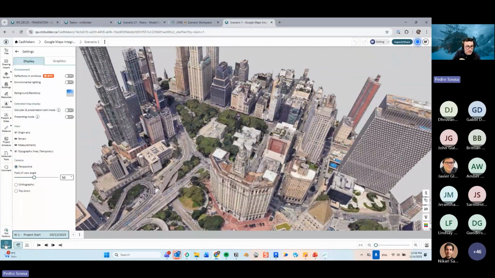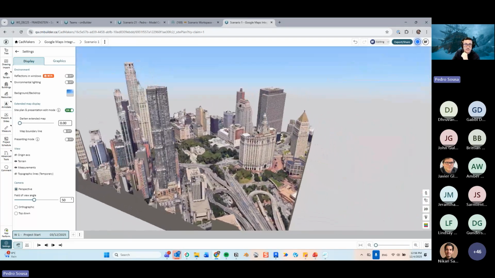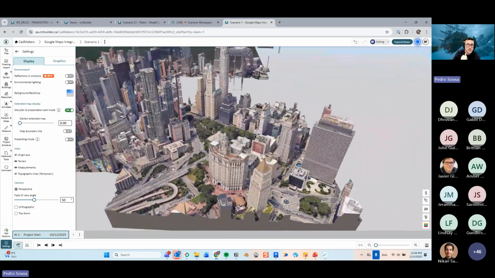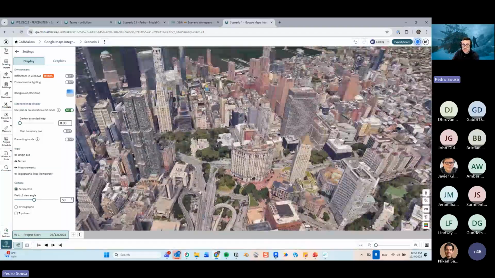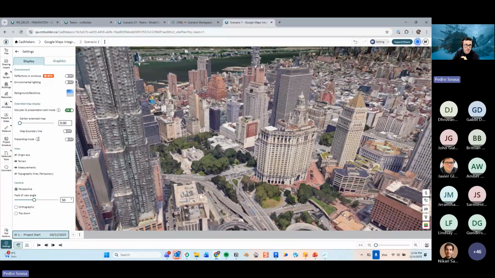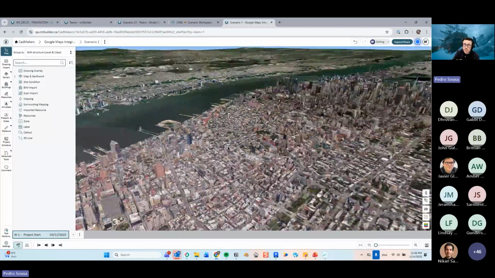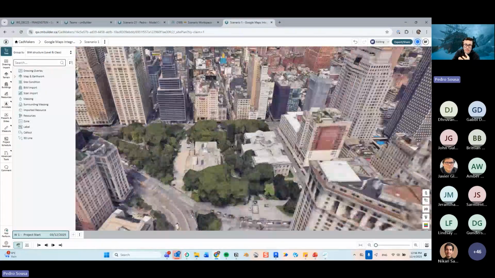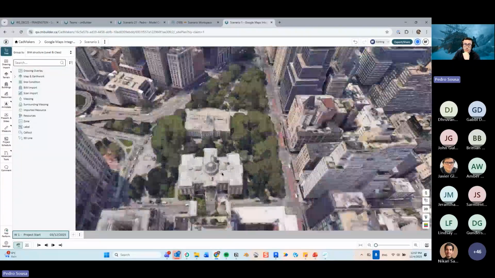We have over here in the settings this option where you can extend your map display both in presentation mode or in site plan mode, where's the second step of this process? Look at that. So we will be able to generate the whole map in an infinite horizon kind of thing, right? Of course, the farther you are from the area that you choose to have the higher quality, the quality will decay, right? As you can see over here, closer to the selection we have the highest quality,